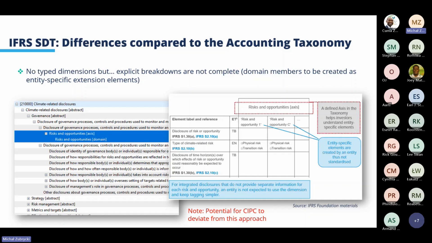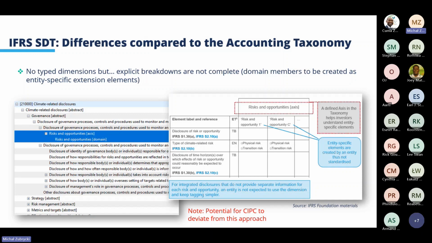Even lower case versus capital case would make a difference, because as you know, XML and XBRL as well is case sensitive, and so that can actually lead to some more tricky ways of establishing the comparison of such